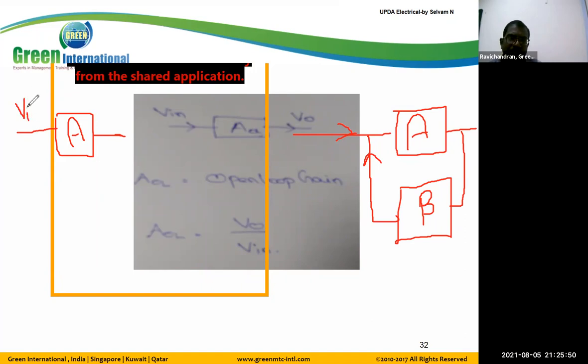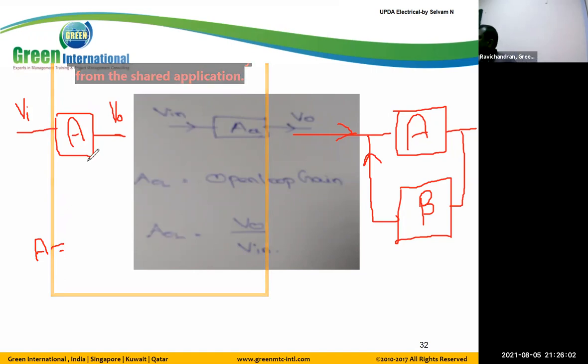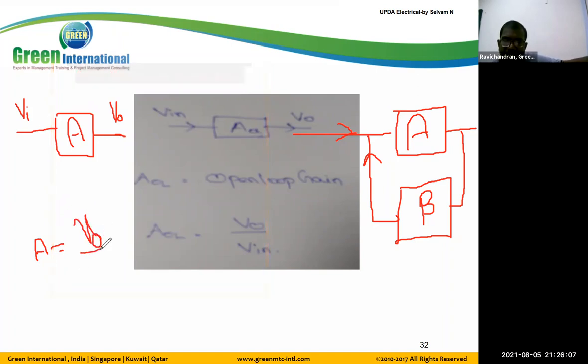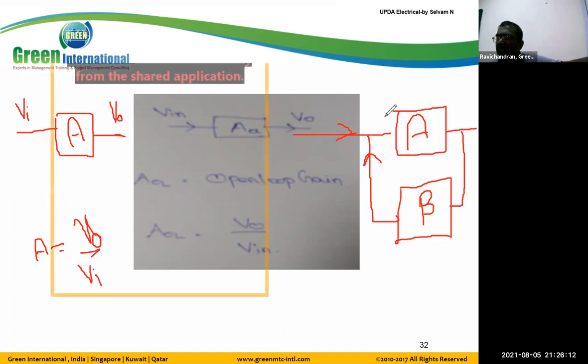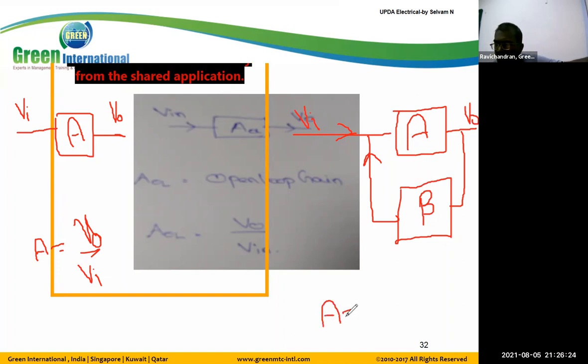Suppose here is Vi, and here is V output. What is the gain? Gain A is equal to, the box represents the amplifier, and the amplifier is represented as a gain. So A is V naught divided by Vi. Here it is Vi, and here we have the output V naught. But we are using some feedback systems. So here the gain is equal to